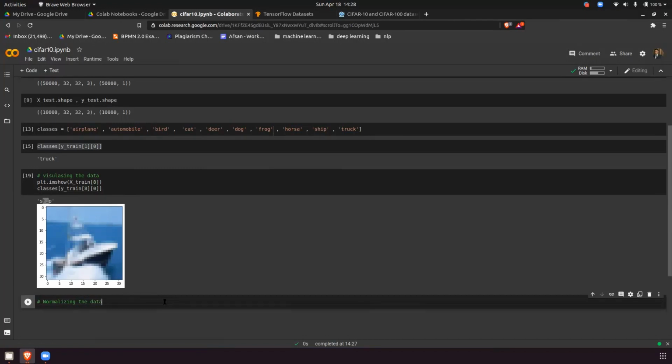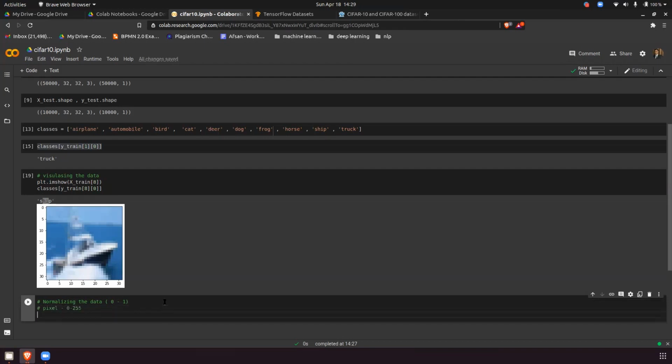What is the range of normalization? 0 to 1. Yes, 0 to 1. What is the pixel value range for each pixel that I have told you? 0 to 255. This everyone knows. Great.